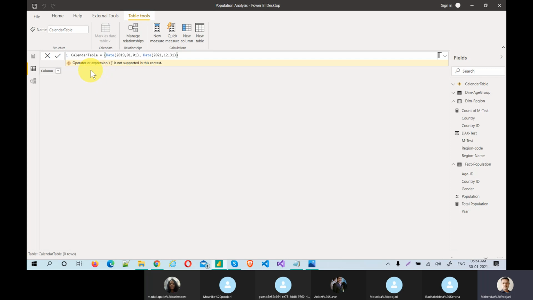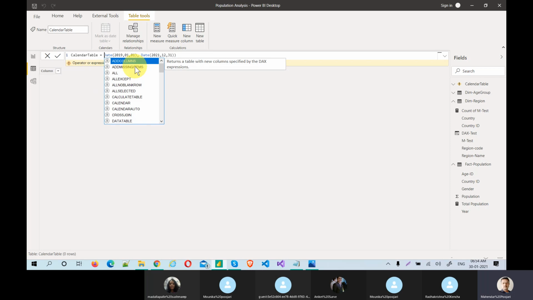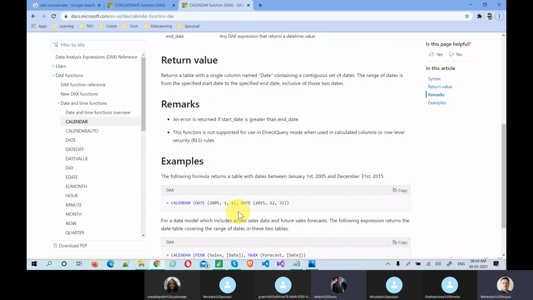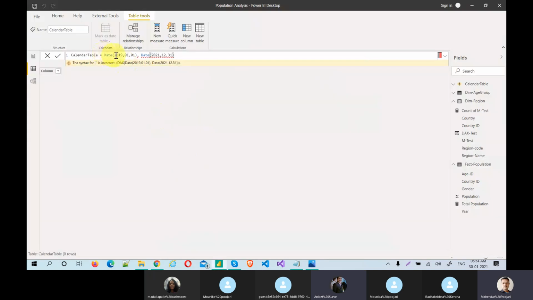There is a syntactical error. Let me remove this. You did not put the calendar function again, sorry. Thanks for that.